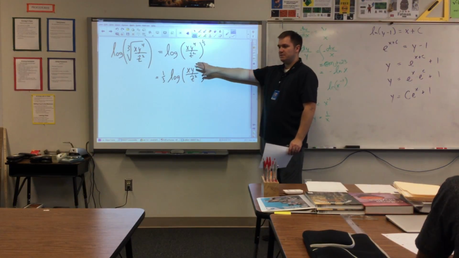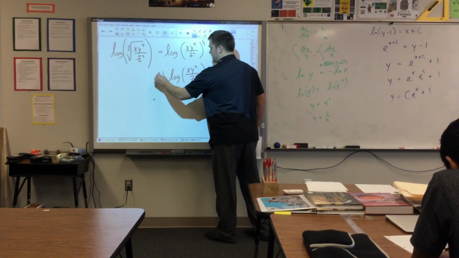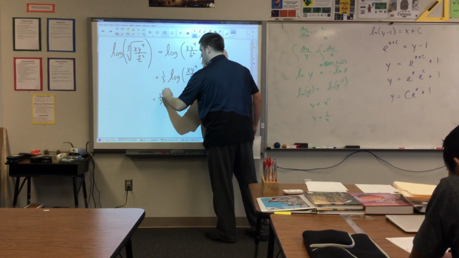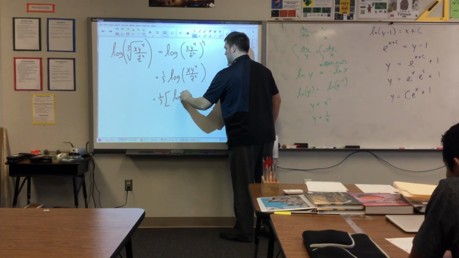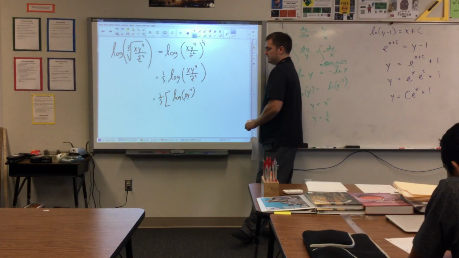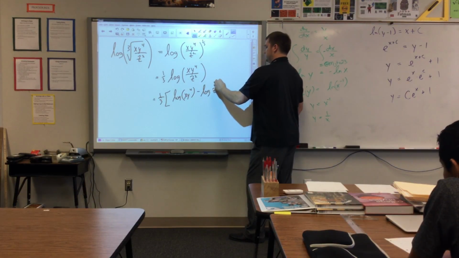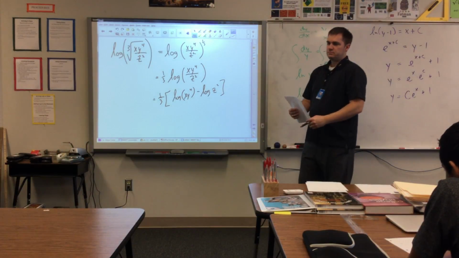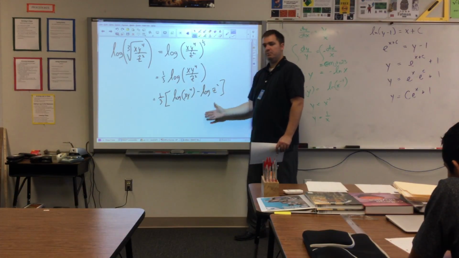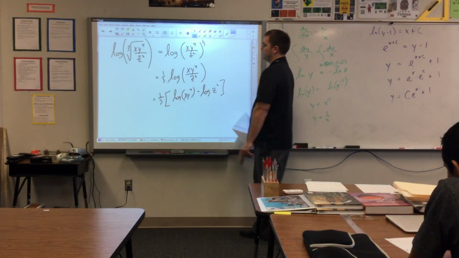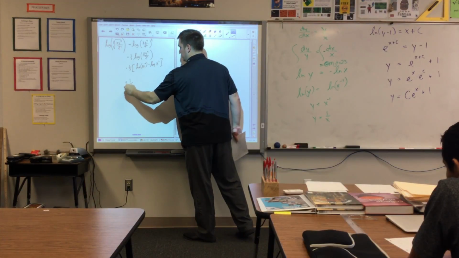When you look at this, now what do you see is the biggest operation going on? The division. Yep. So now notice this 1/3 is out front, in front of everything. So I've got 1/3, and I'm going to say the log of the numerator, log x times y to the fourth, minus the log of the denominator, so z squared. The place where you might make a mistake is not realizing that you've got to put that whole entire term right here in brackets because we're substituting that for the log. So now we have 1/3,